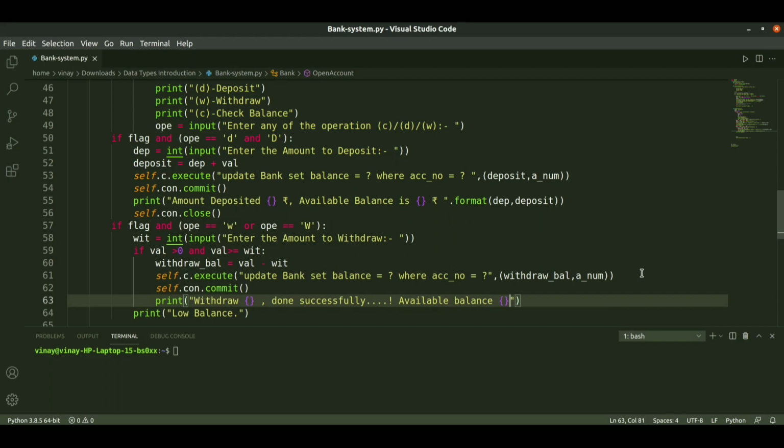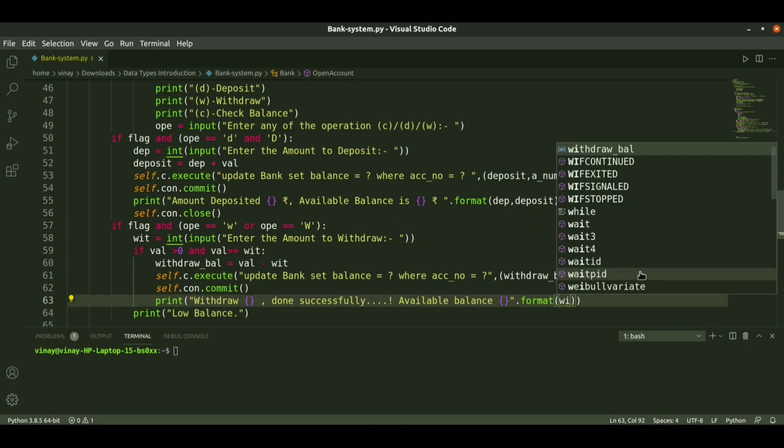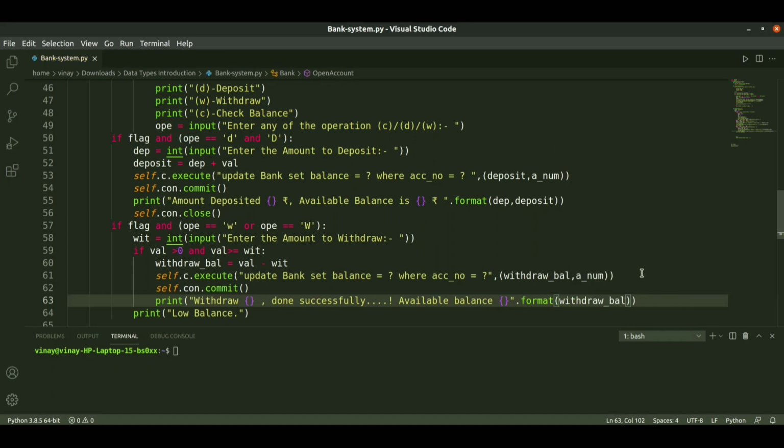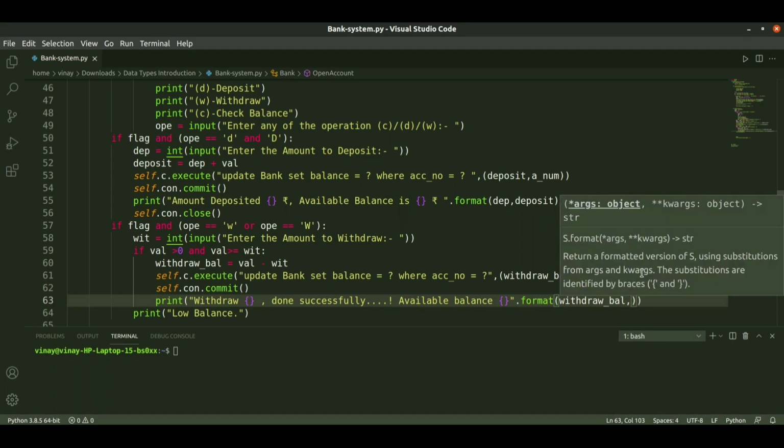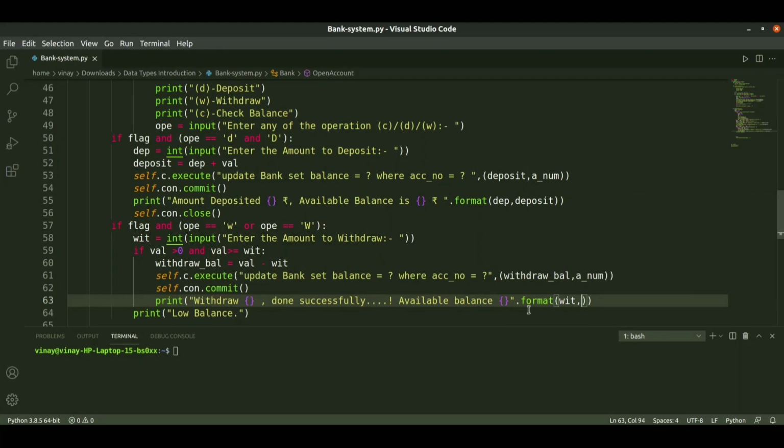Available balance, dot format specifier, and we pass the withdraw balance as the left balance, comma, and we withdrew this much amount, which he requested as the withdraw amount. Withdraw something amount is done successfully, and available balance is the withdraw balance.